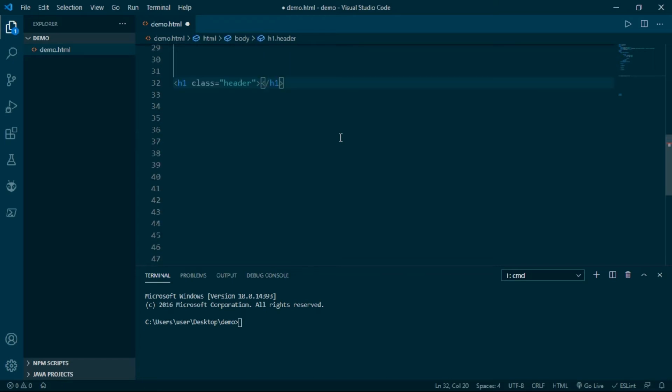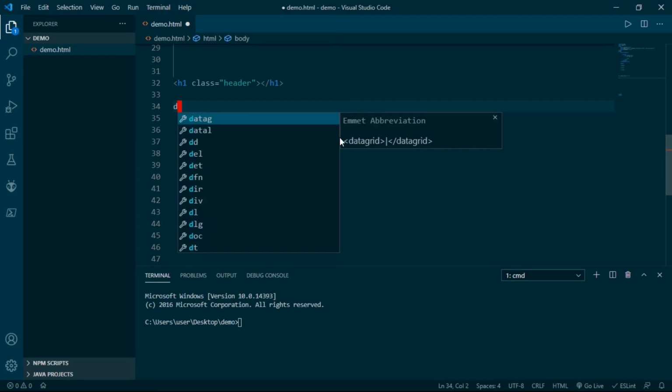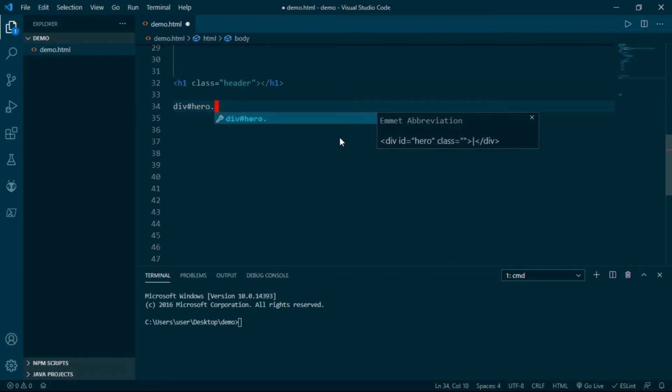Moving ahead, here we have seen classes and IDs separately, but you may ask what to do to combine them. Like I have to give one class and one ID within the same tag. For that, suppose I write div, and firstly I give an ID. So I will write hash ID name followed by dot, which refers to class, and I will write the class name wrap and hit enter. So here we have wrapped our ID and class within the same tag. You can similarly play with other available tags.